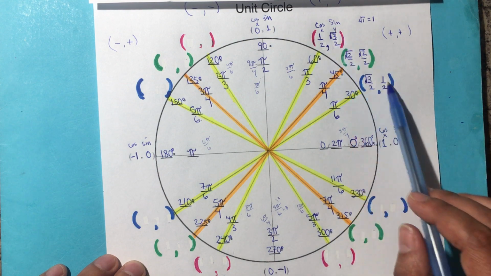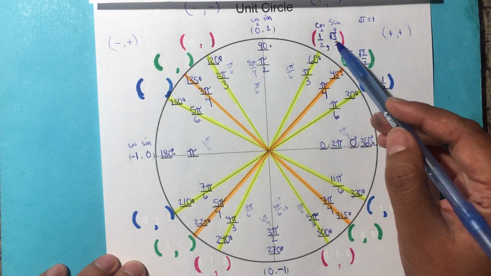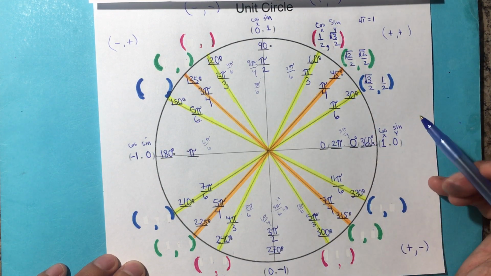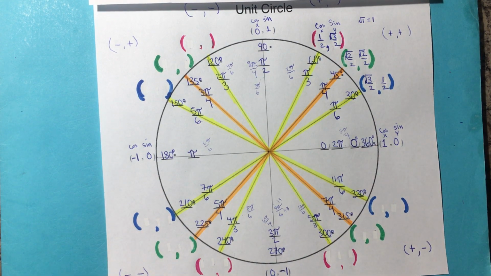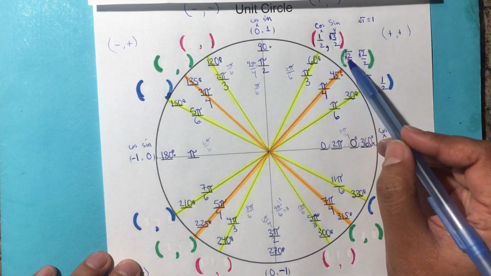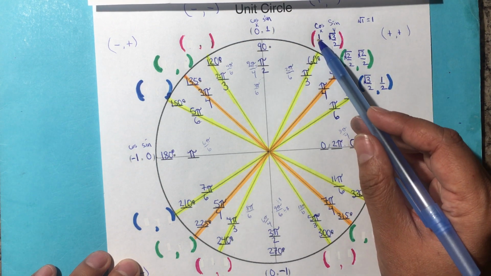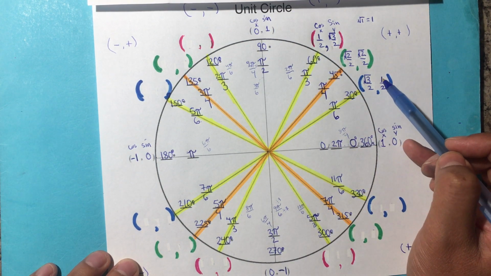Then for the sines, 1, 2, 3, square root of them, except that this can be simplified. That's the easy way to fill it out. All the denominators are 2's. 1, 2, 3, 1, 2, 3, and place the square root in all of them except the 1 for the